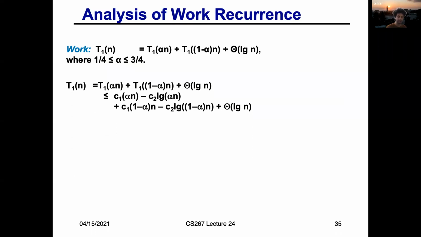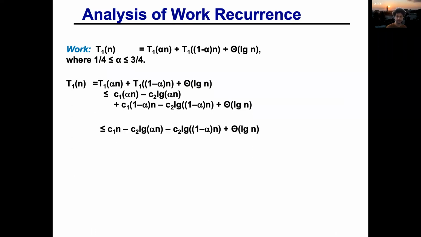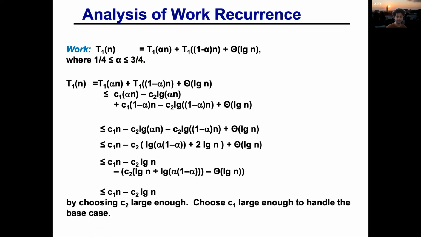If you go over this on your own, because there's no real point in doing it here, you'll see that by choosing C1 large enough, you can prove by induction that this is going to work. And for the base case, you'll choose C1 to be large enough. Okay. And in fact, I suspect you can get away with just choosing the most adversarial case, which is to say that alpha is 1/4, which would be the worst case because anything else is more balanced, and see if it actually solves to